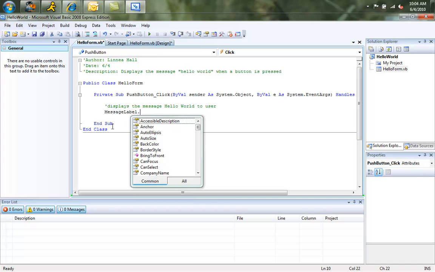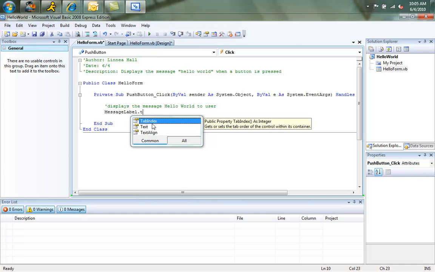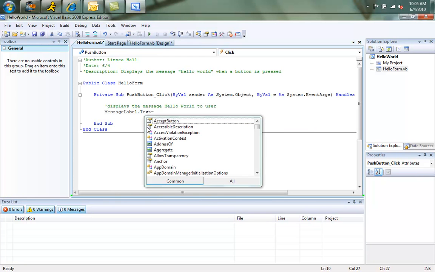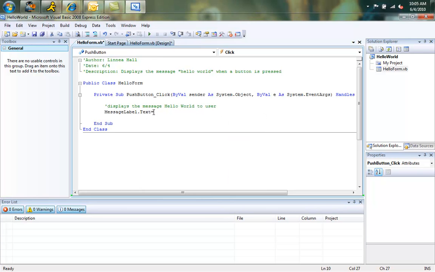Now we're changing the text property. So we're just going to start typing text, and there we see text. So we can just select that and choose equals. So that's saying the text property of message label is going to equal, this is called the assignment operator in programming language, which means we're assigning a new value to the text property of message label. And we're going to make it equal